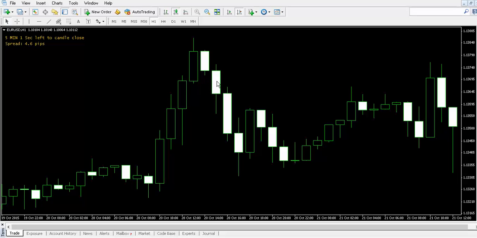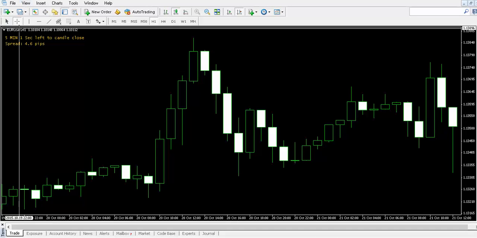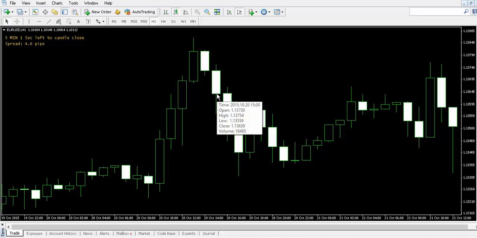So this is a bearish candle, and here is where the bearish candle opened, right? And in that hour, let's see what hour that was, 15 o'clock. So it's army time. So the market opened here, came all the way down here, came all the way up here, and it ended up closing here. So you open, actually the price is popping up there. So the open was